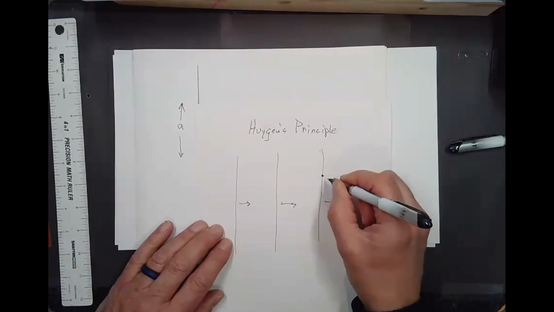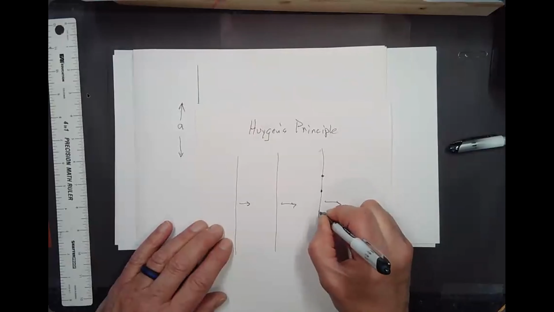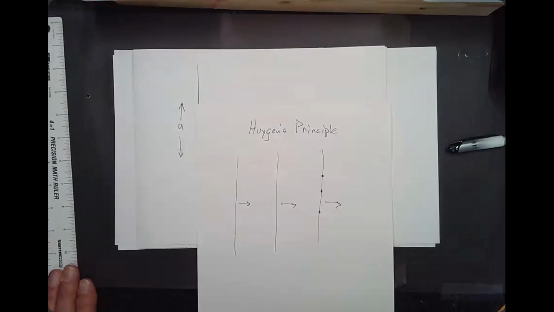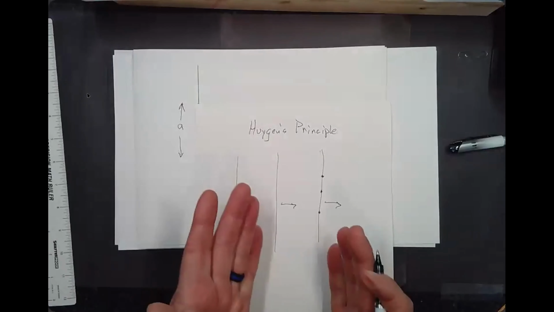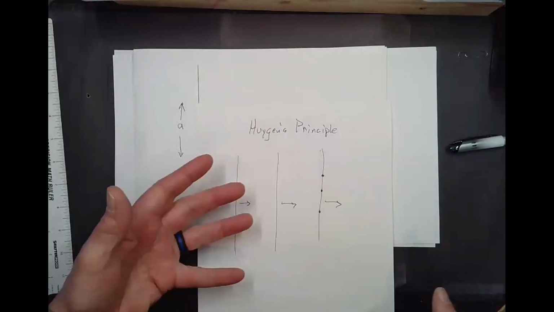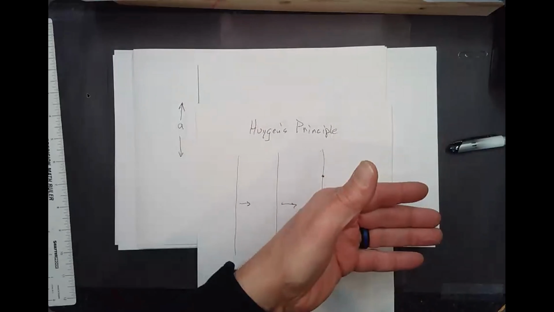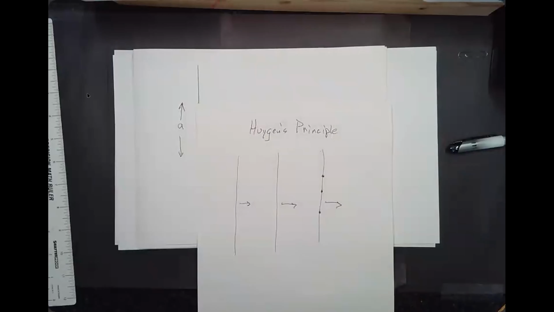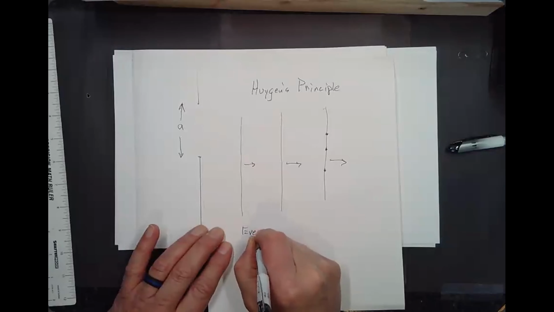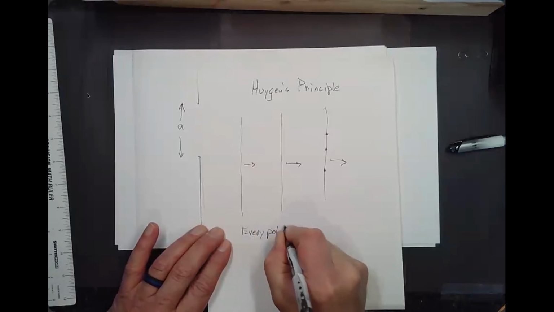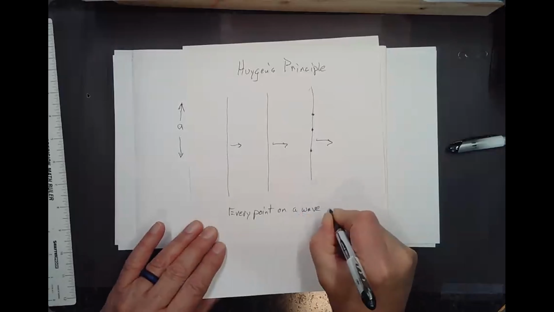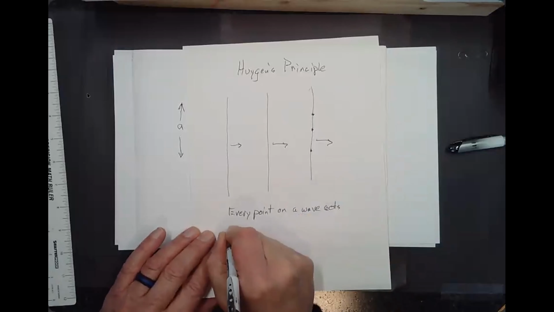So you could pick any point along the front of this wave, and it'll be sending waves out in every direction. But he worked through the math and showed that when you have every point doing that, that you still end up with waves overall that are just headed along in that direction. And so that was the idea. So every point on a wave acts as a point source